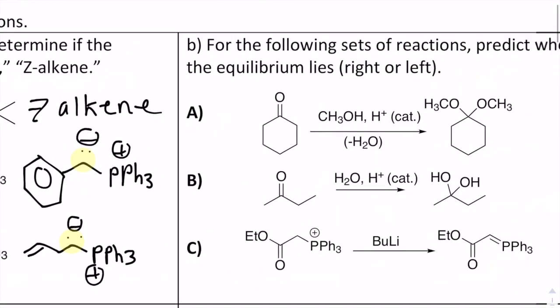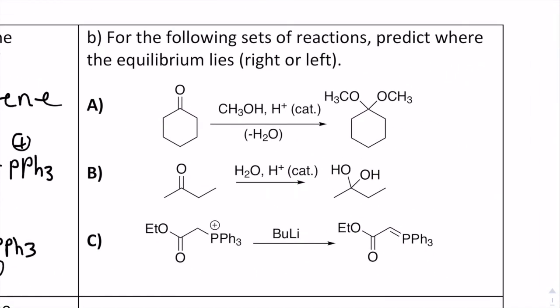So let's talk about 1B. I'm sure you guys have seen or picked up by now that in this chapter we have a lot of discussion about equilibrium. And my rationale for equilibrium is just stability. So I don't really memorize anything. I just look at my molecules, my reactants, and my products, and I determine what is more or less stable. So in part A, we see that we have this ketone, and we're doing a